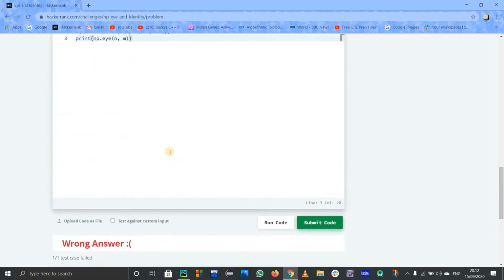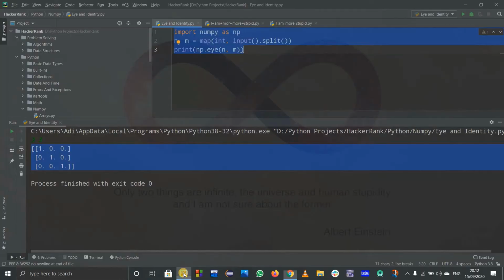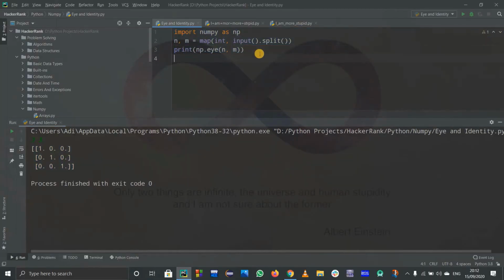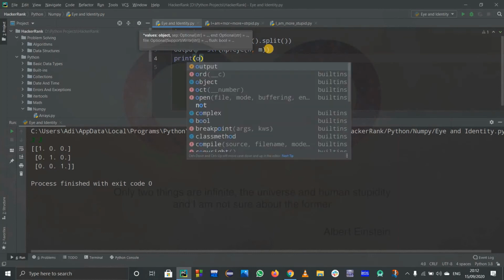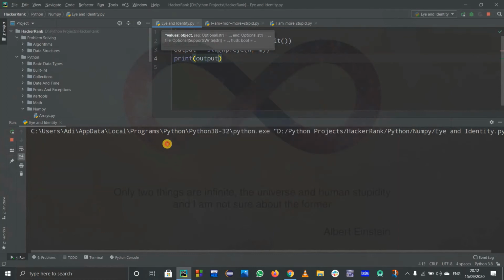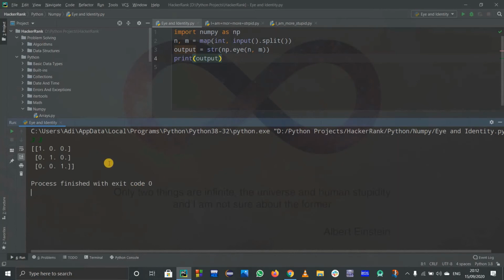For doing that we'll have to use the replace function. But the replace function belongs to strings, so I'll have to convert this output into a string. First of all, I'll not print it directly. I can write it in the same line, but for your understanding, I'm extending the number of lines. Suppose output equals this thing, but I'll have to convert this into a string, so I'll write str of this thing. Let us print it out so that we understand. Even if we convert it into a string and print out our output, this is the same array, but it is just of string type.